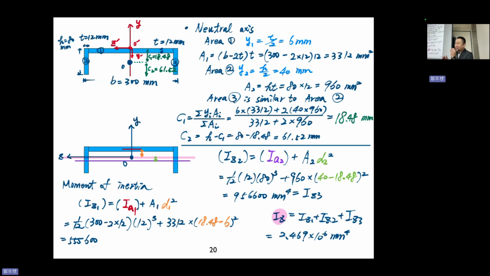We don't even try to determine the stress. So we spend so much time, and then we only get to the second step. Neutral axis, first step. Moment of inertia, second step. 有没有很累？我们做那么久，连应力都还没有算呢，我们只算了它的截面积的 property，截面积的参数呢。真的太累了。